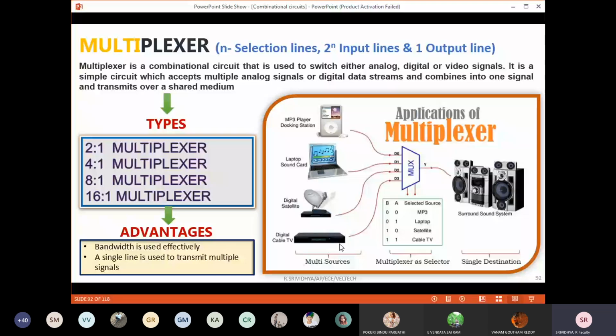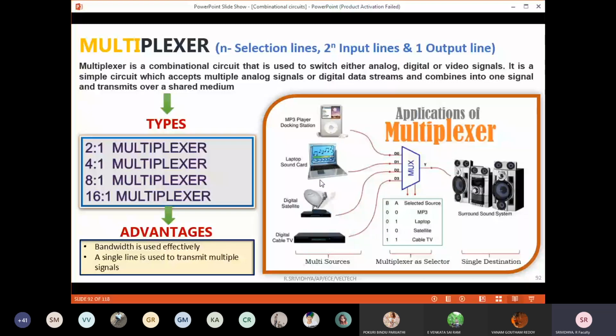Let me take one live example. You will have an MP3 player station, a laptop sound card, a satellite, and cable TV. Imagine a scenario where we are going to listen to a song using our home theater. We first connect the home speakers to the sound card.